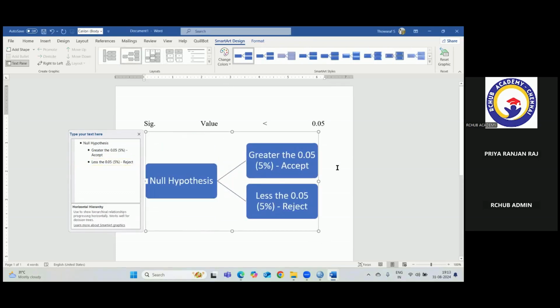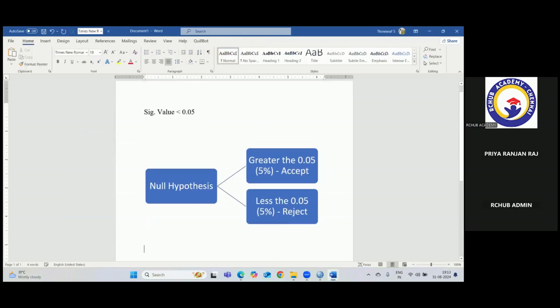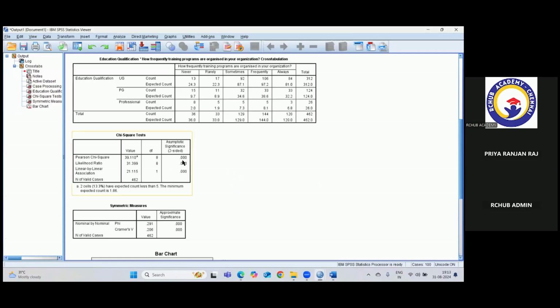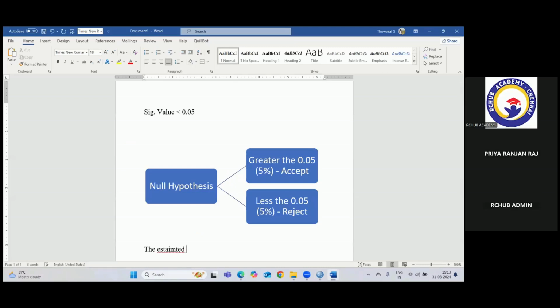So here, if you take a close look, in our interpretation, the significance value is 0.000, which is less than 0.05, which means we can write it as the estimated significance value is less than 0.05, meaning